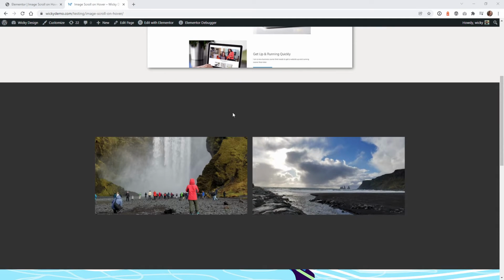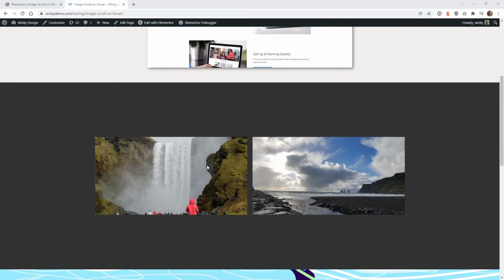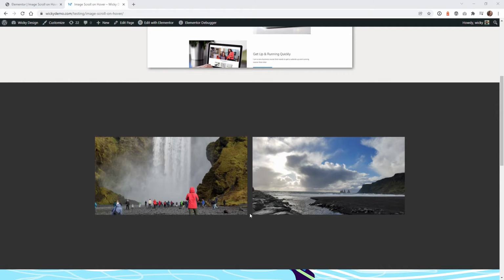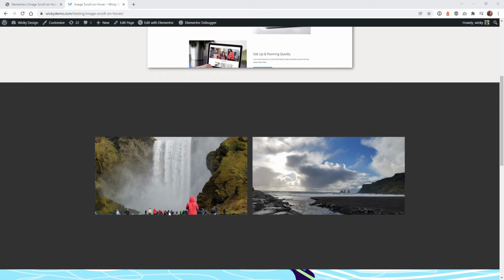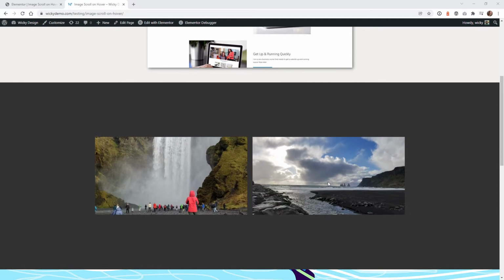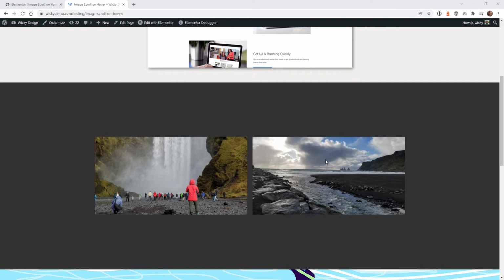And in the second example, I'm going to show you how you can do the same thing where you can flip the direction. So in this case, I have 2 columns, 2 different images, and you can see that it starts from the bottom and goes up to the waterfall. And then you can see on this one, it's a very slow effect where you're just kind of going down